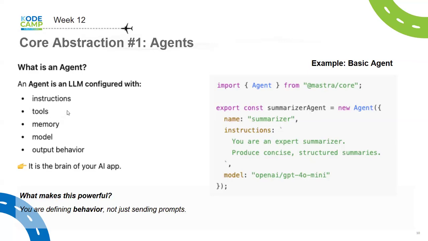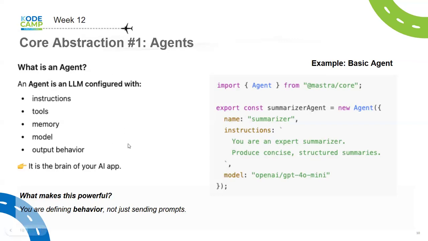Then you have tools. Of course, tools are tools on both sides. It's the same thing. These are capabilities that you give to the agent to be able to actually do stuff within your control. You have memory. Memory is memory as well. It is basically a storage for the agent to use to keep track of history, of state, and of context if needed. Then we have output behavior.